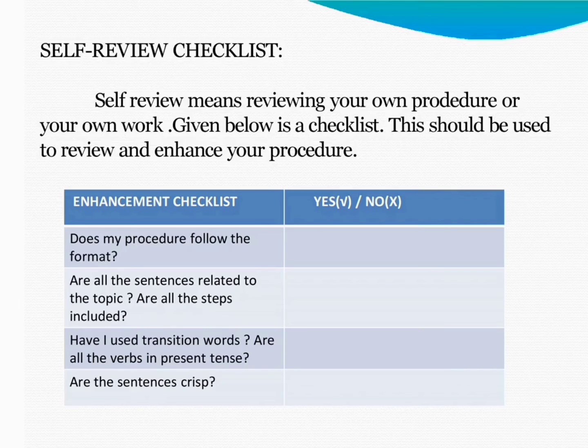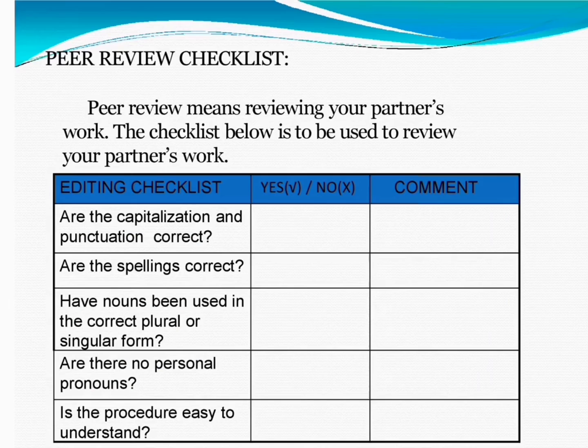So the next one is peer review, that is reviewing your partner's work, okay. Use the checklist given below to review your partner's work. Are the capitalization and punctuation correct? Whether your friend used capital letters properly, or used punctuation properly. Are the spellings correct? Whether he or she used spellings properly, okay. Have nouns been used in correct plural or singular form? Whether they used the correct plural or singular form of nouns,